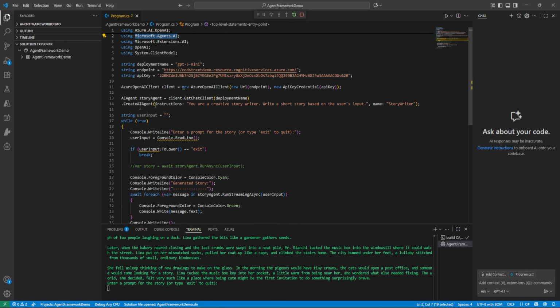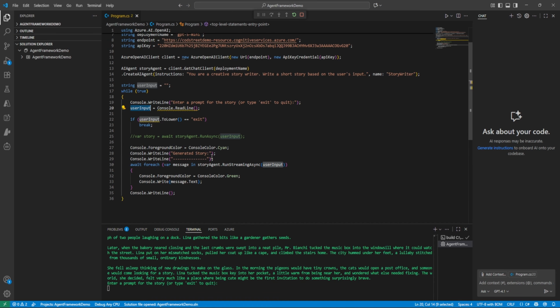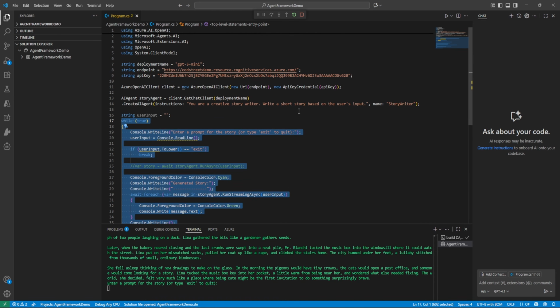We are passing the instructions and the agent name, taking the user input here, and passing whatever the user has provided. It's very straightforward code, and I hope it's clear to you.